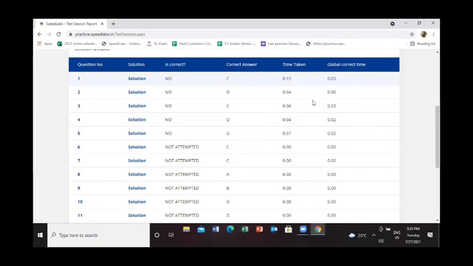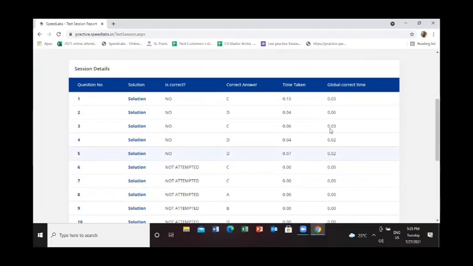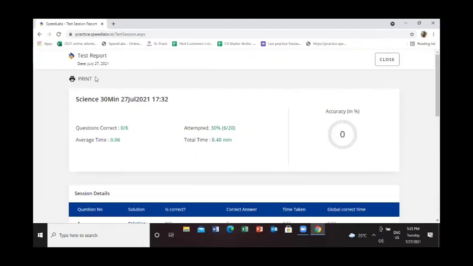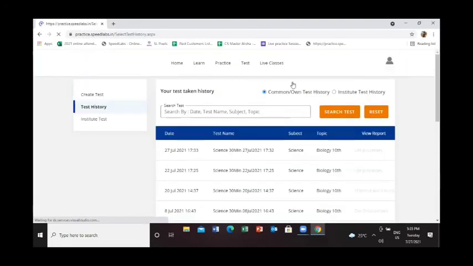Here you will see the time taken by you, how much time you've taken to complete this particular question, and what an average child would take to complete it. That is also visible here, just to make your time management better. You can also take a printout of this if you want to. Any doubt in how you're supposed to conduct your own test, students? Any doubt?